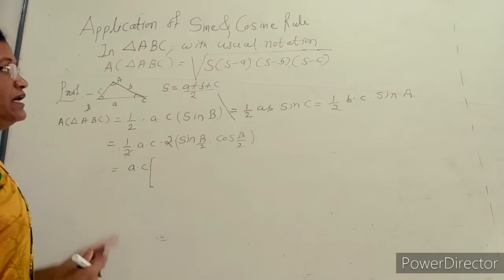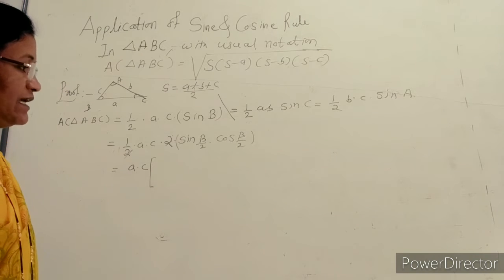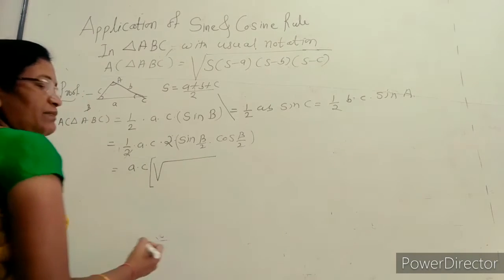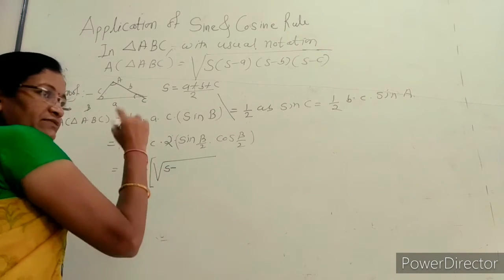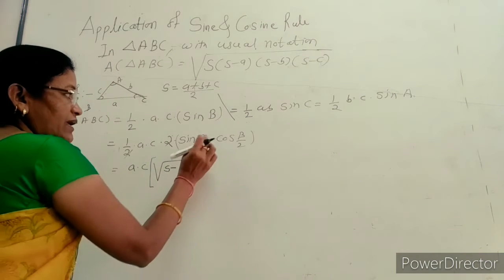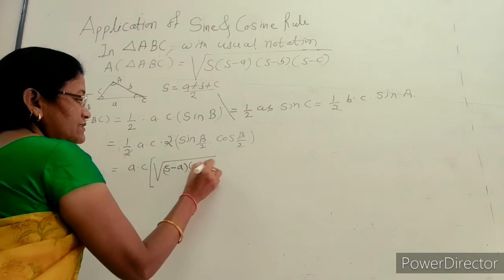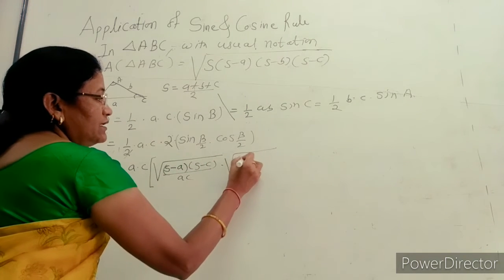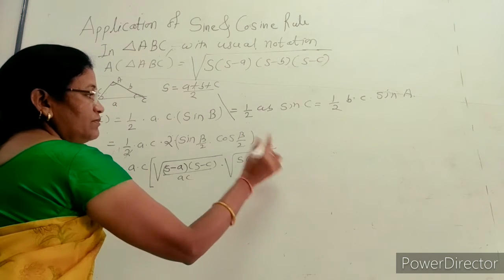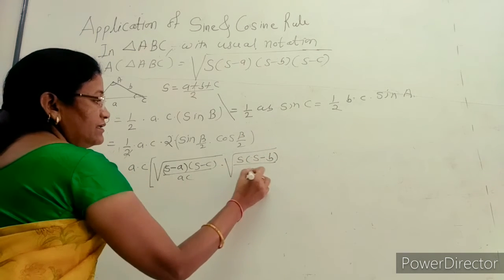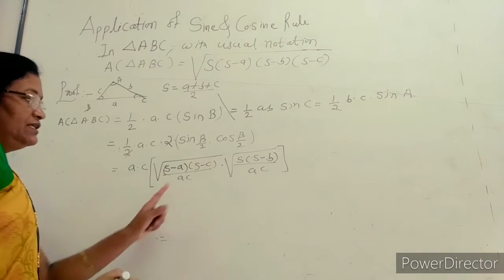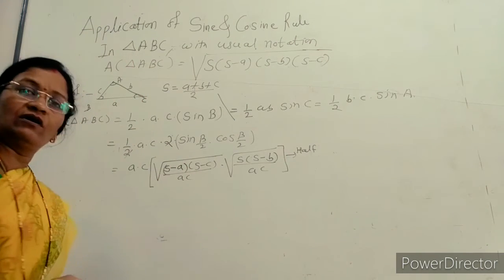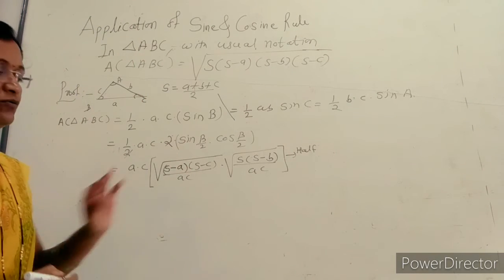In the previous result we took sin(A/2). For sin(A/2) we take the square root of the expression. Likewise here sin(B/2) is again under root. For angle A, we subtract b and c. For angle B, we subtract a and c and divide by ac. Similar case for cosine: s into s minus b, divided by ac. So this is by application of half angle formulae, which is an application of the sine rule and cosine rule.